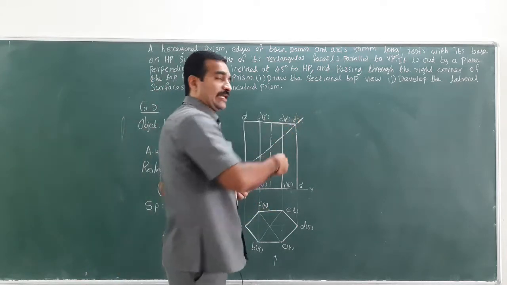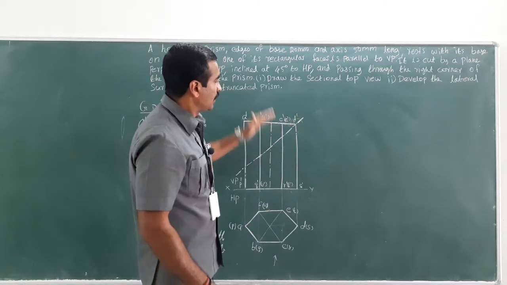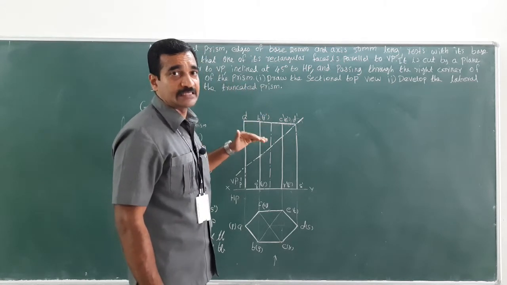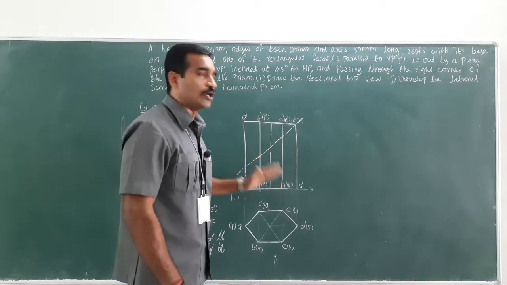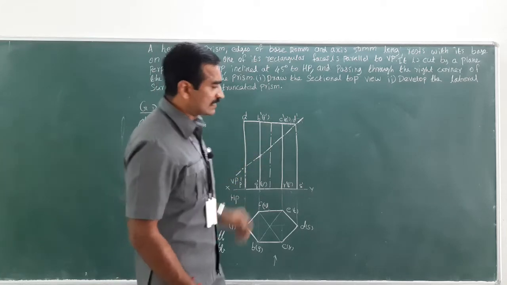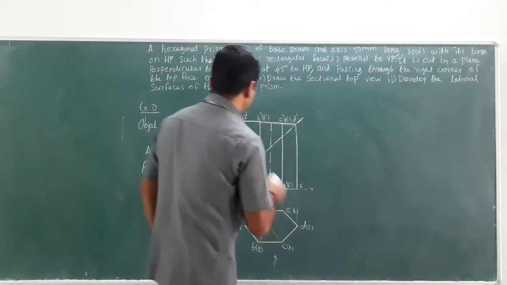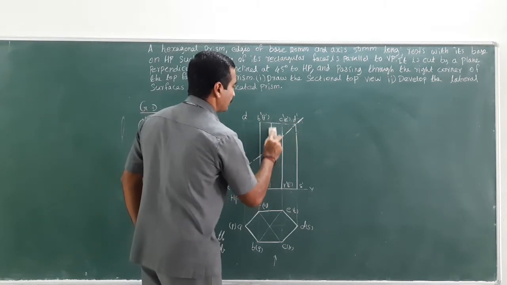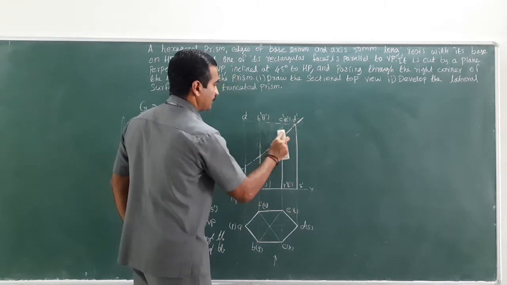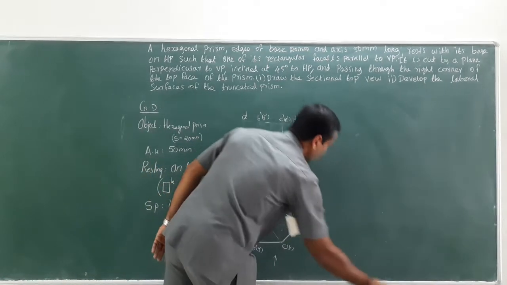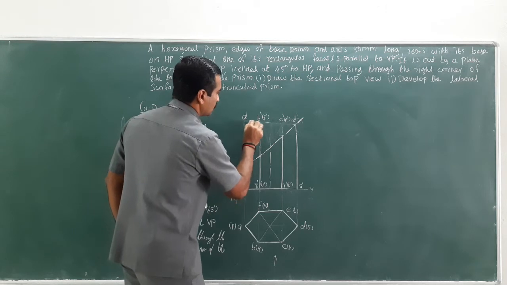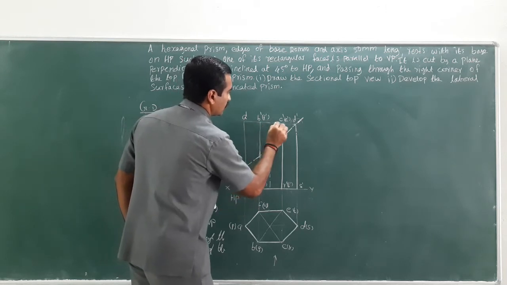Now, while the cutting plane is used to cut the object, the portion which is above the cutting plane is the removed portion, below is the remained portion. When it is removed, it would be mentioned as a thin line. It should be mentioned as a very thin line. The remained portion should be drawn as dark.